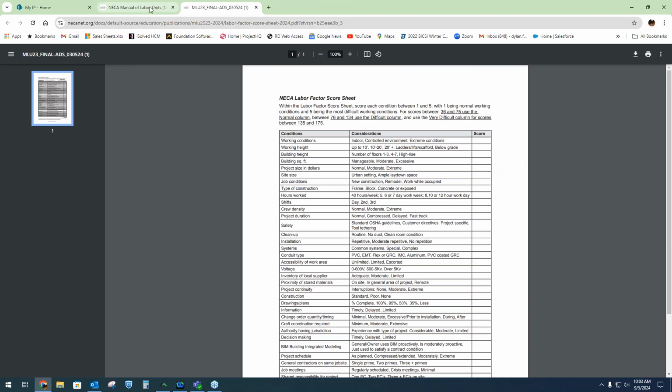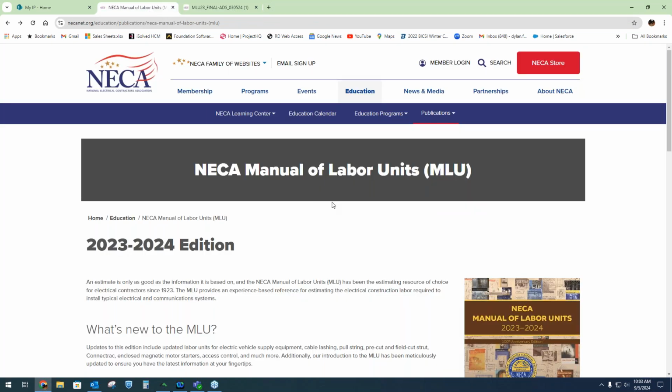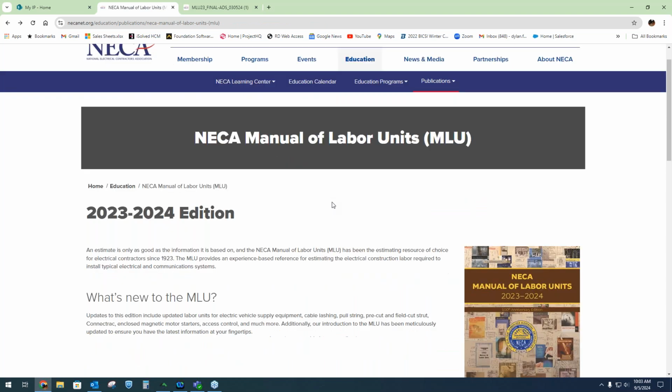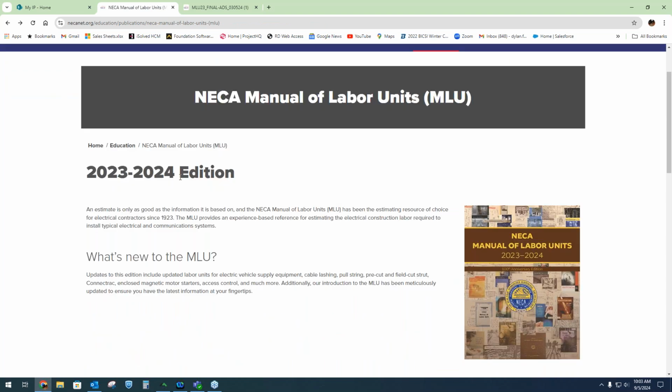Just on NECA's website here, they do come out with a new edition each year. So this is the most current edition. The labor units, they don't change a whole lot. They do update sometimes, but mostly they're adding to it. NECA doesn't have a published labor unit on every single electrical item, but they're